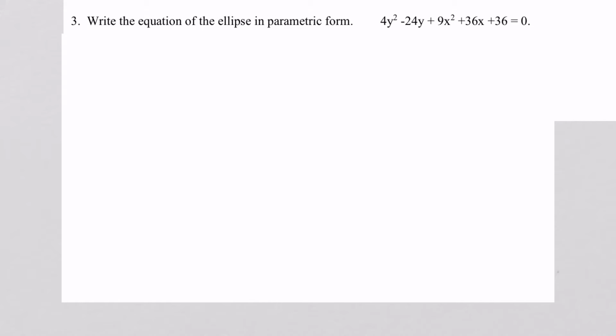All right, we are crushing and cruising. Problem number 3, write the equation of the ellipse in parametric form. Now we're given this ellipse totally expanded, so we need to complete the square on x, we need to complete